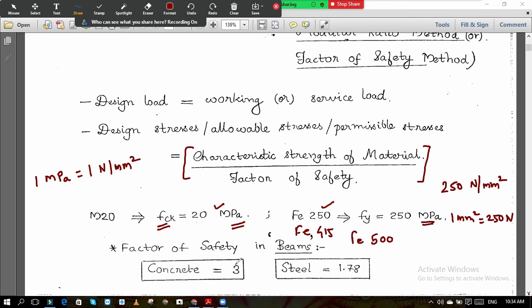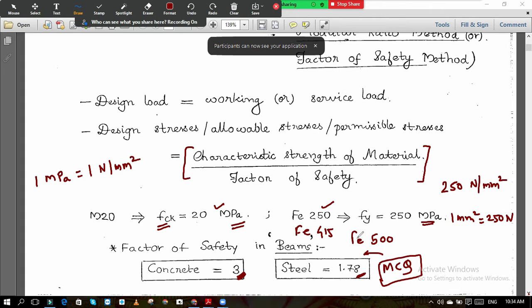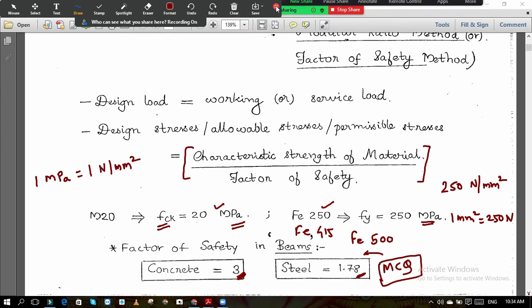Okay, so in the working stress method, the factor of safety for the beams, for concrete material it is 3, and for steel it is 1.78. Okay, so these are the factors of safety. This is a question which can be asked for the MCQ. They will give you various options and you will get confused in that. So remember this. If you want, you can note down this or take a screenshot also. Okay? So now after this,